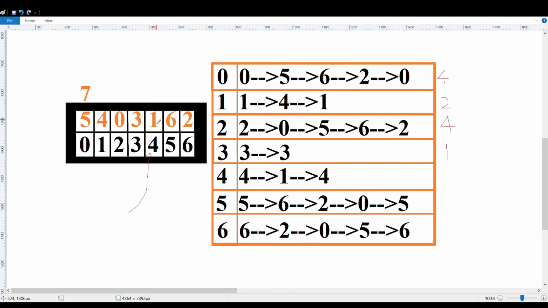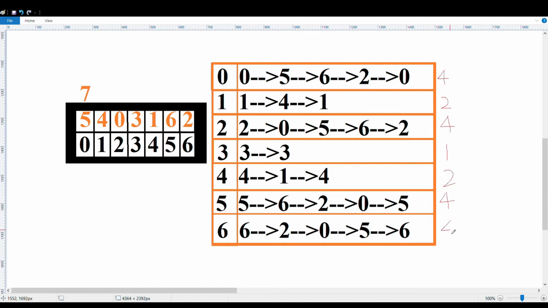From 4 you will get the first room's key. Again you go to the first room, you will get the 4th key, and you will come here. So you are coming back to the same position, and you will stop here. So for this it is 2. Similarly when you do it for 5 and 6, you will get the value 4 and 4 again.